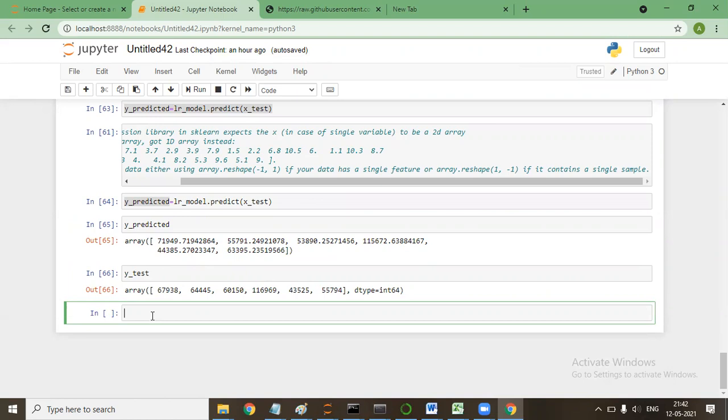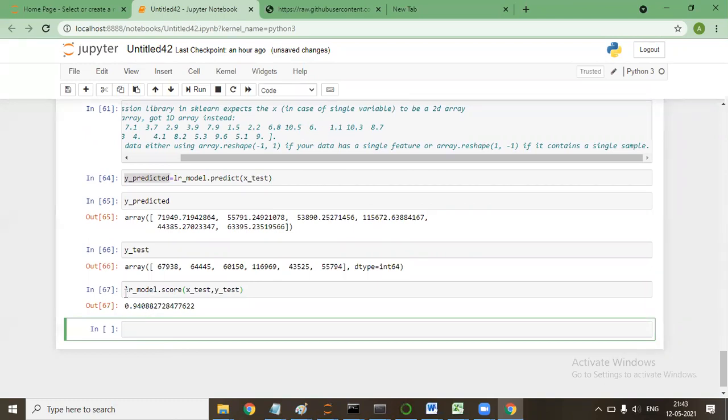We can calculate the score also. We can do a number of things. We can calculate the accuracy, we can calculate the score. So I'll say LR model dot score, X test and Y test.